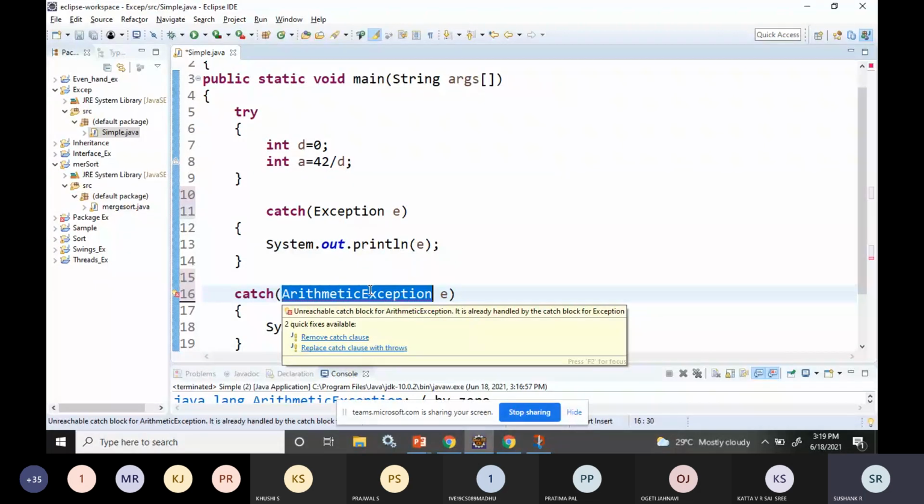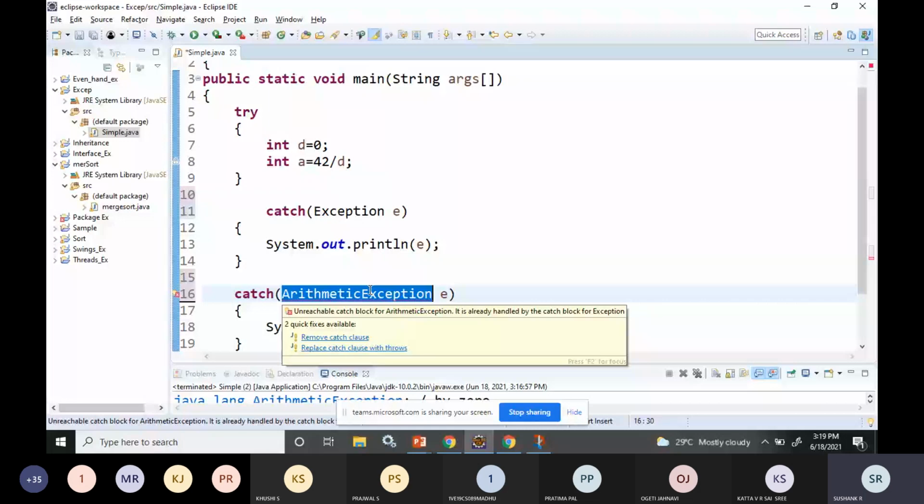What do you mean by a nested try statement? It's a scenario where you are using a try statement within another try statement. Each time a try statement is entered, the context of that exception will be pushed onto the stack.